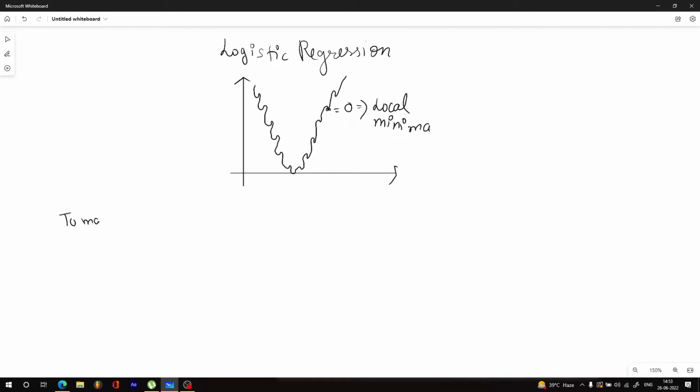To make this curve simpler, what we are going to do is change our cost function a bit. And what formula do we use? We use a simple formula, which is nothing but this. So whenever, understand this,